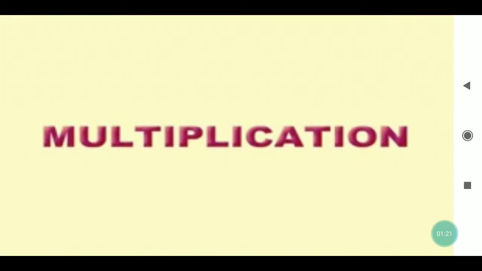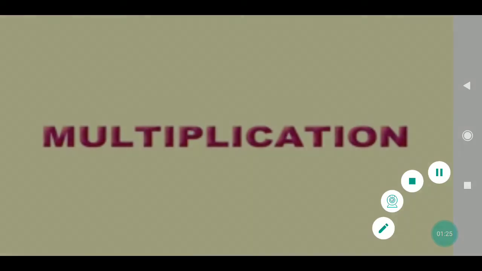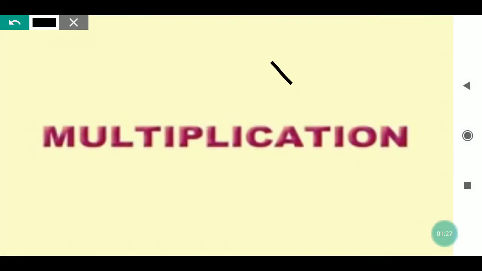See, dear, what is written: multiplication. And this one is the sign of multiplication, my dear. This cross which we used to put like this is the sign of multiplication. Keep this in your mind, because while doing this chapter, we have to put this sign everywhere in the question.